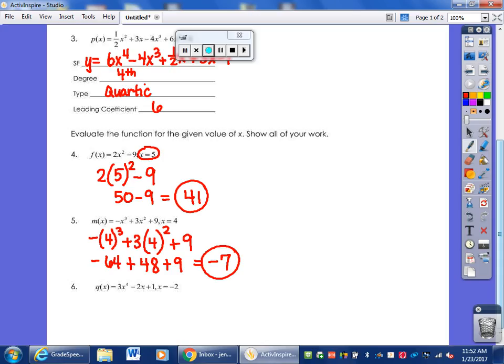And then for the last one, we're going to put in a negative 2, so 3 times negative 2 in parentheses to the fourth power, minus 2 times negative 2 in parentheses, plus 1. So negative 2 to the fourth